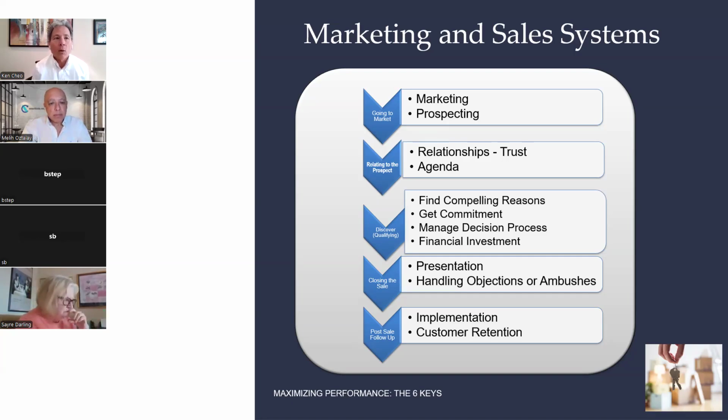Do they know what needs to happen for them to make a decision? And do they know when that will happen? And are you on the same page with the financial investment and what they're willing to invest in, when and how that will happen? Okay, and so the presentations are a lot more spot on